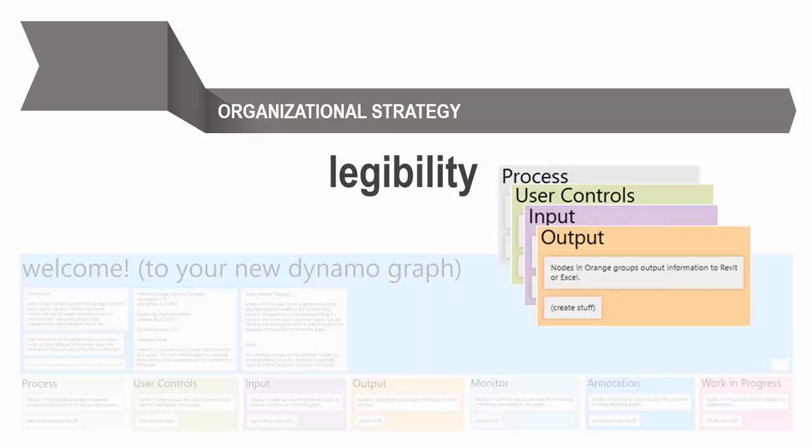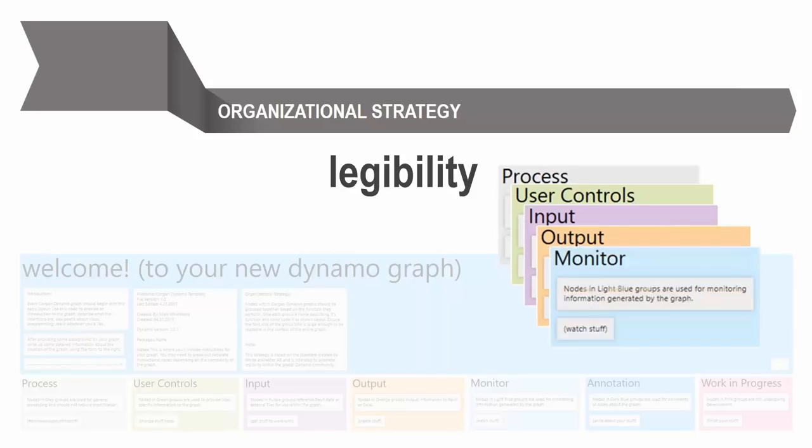Output is when we're creating things, whether that's creating geometry in Revit, whether that's creating data in Revit, writing to parameters, or outputting Excel files. Monitor is usually just a watch node. This is if we want to run checks at midpoints throughout the graph. If we want to just check information throughout it, we'll put it in a light blue group to show that